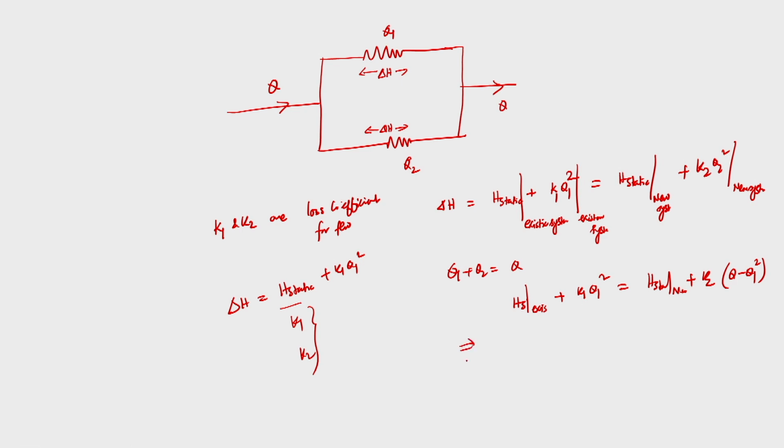So, solving this I can calculate, because I know the total Q requirement for both the plants. Now I have calculated K1 and K2, I know the static height for both the systems, now I can calculate Q1. So, from this analysis we can calculate what is the amount of water being supplied by the pump to the new system. And once I know the Q1, then I can easily calculate Q2. From there we will have a fair estimate about whether all the plants, other new plants and existing plants, are getting proper amount or not.